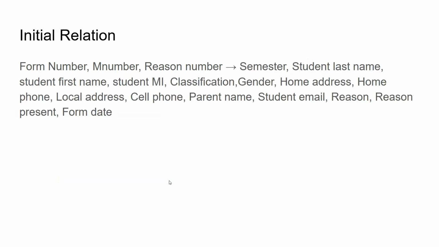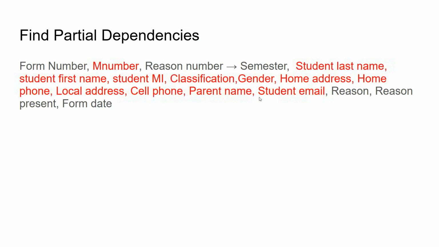So we'll start with the original relation of these three key attributes on the left hand side, and everything else on the right hand side. Then what we do, we start decomposing this and creating smaller relations after analyzing the partial dependencies and transitive dependencies and so on. So find partial dependencies, and we know it has a lot of information about student. So let's attack that. So student M number will be the key, and given a M number, we can determine